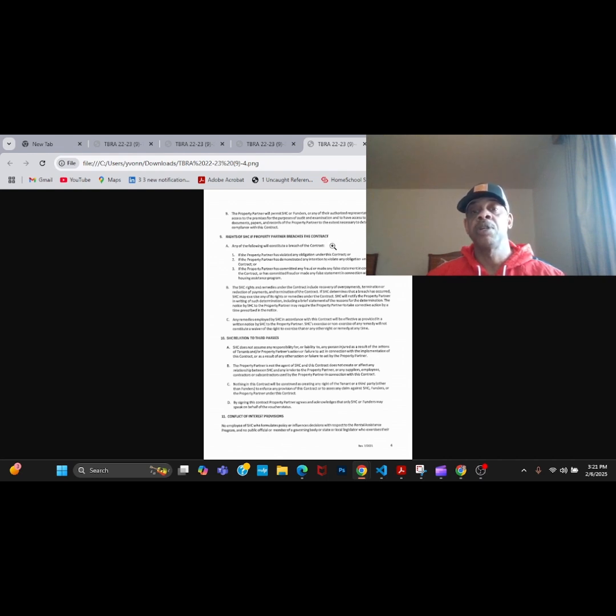Now, the landlord can breach the contract in several ways, and one way I want to stress is that if the unit doesn't pass inspection and the landlord decides not to fix or delays the maintenance issues, then the housing voucher agency can deem the contract as a breach, and they would have to stop payment to the landlord.